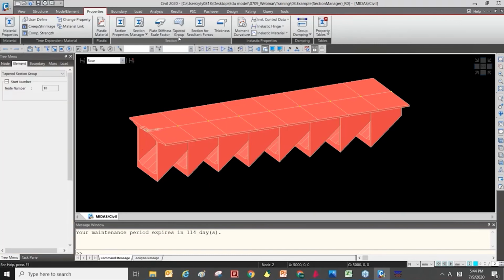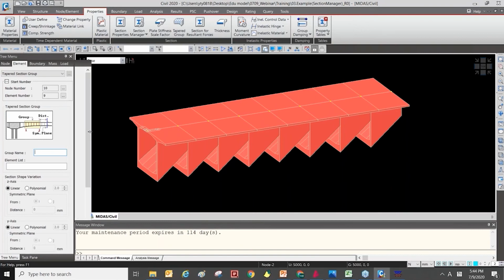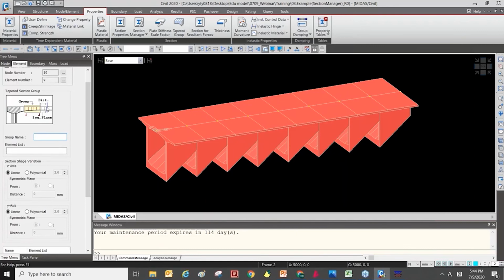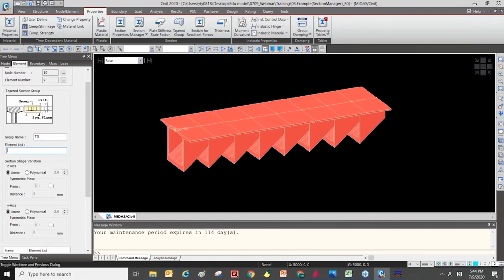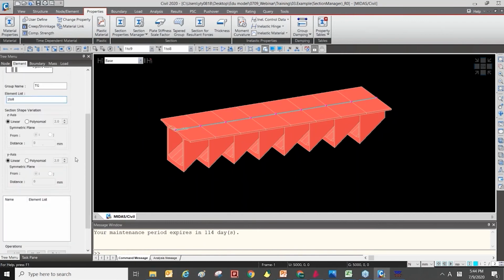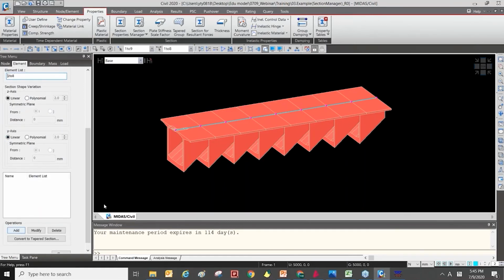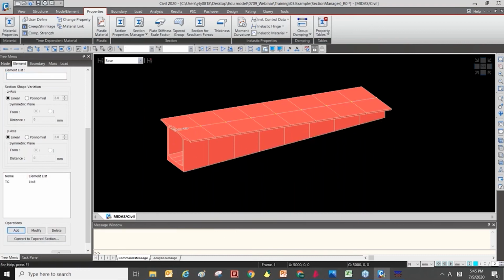So click tapered group. The usage of this function is really quick. So input the tapered name and select the element list, or enter the element list, and you can select the variation method for the z-axis and y-axis. So there are two types, linear and polynomial. So let's try the linear type. So if I click add button,